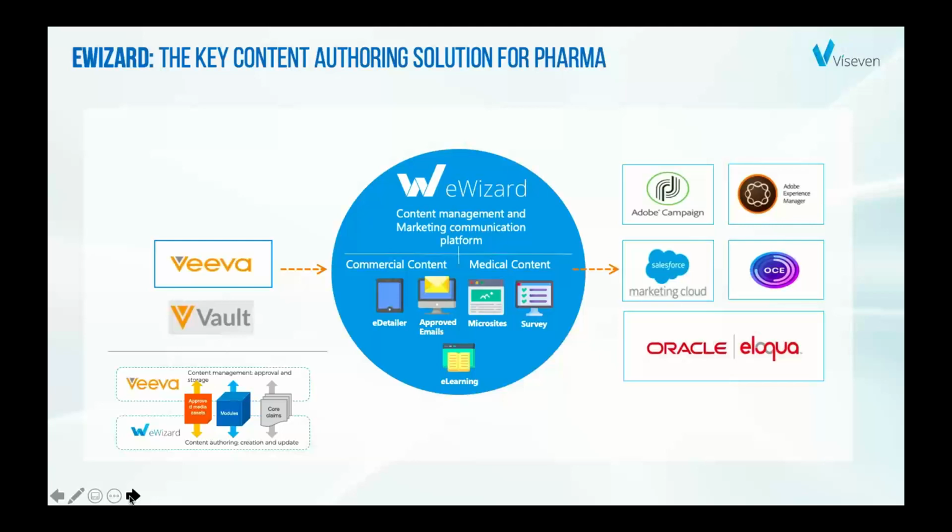And to give you an idea of how we tackle that challenge, in our platform, which is specially designed to work with modular content, there is this round space in the middle for content authoring. This is where the whole creation process takes place for commercial, modular, and medical content.